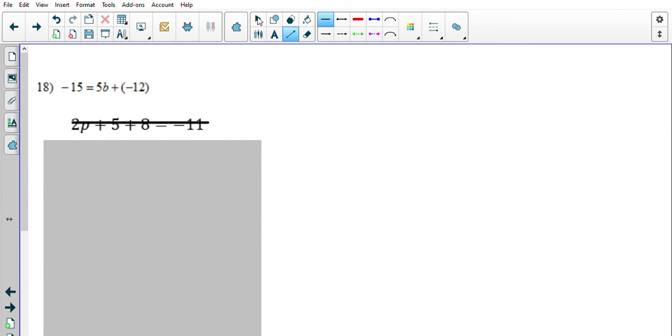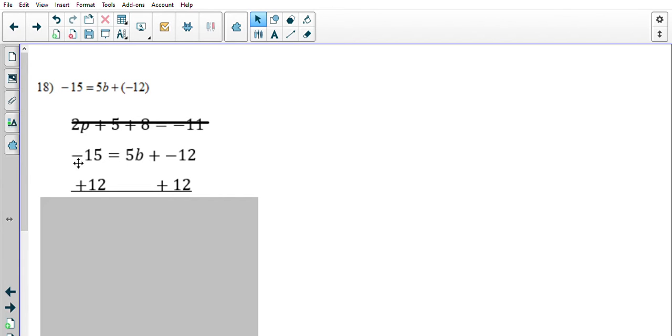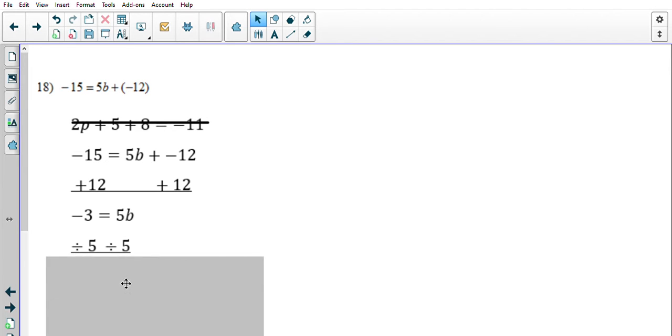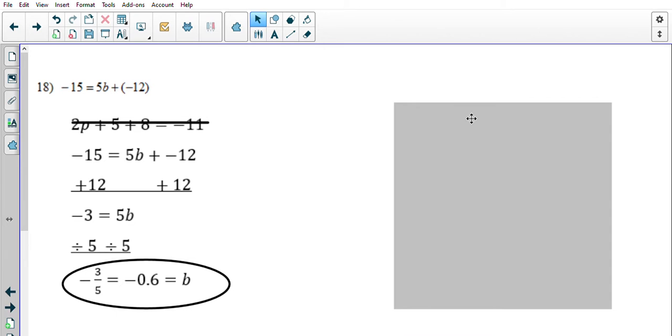There we go. So we have -15 equals 5b plus -12. The inverse of adding by -12 is to add a +12. So we do -15 plus 12 to get -3 equals 5b. The inverse of multiplying by 5 is to divide by 5. So you're going to do -3 divided by 5 in your calculator, and that's going to get you -3/5 or